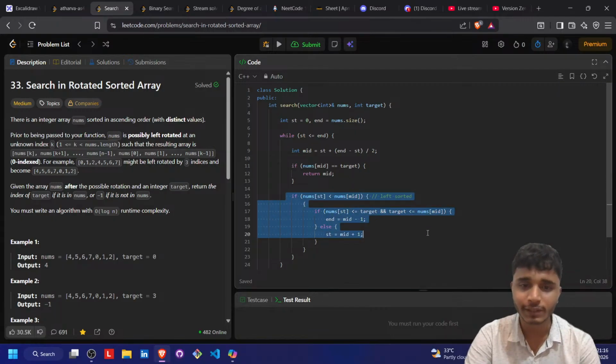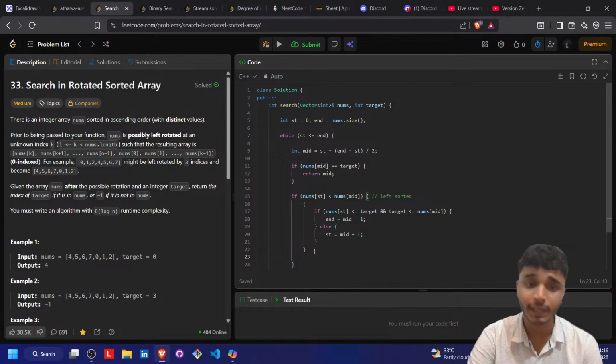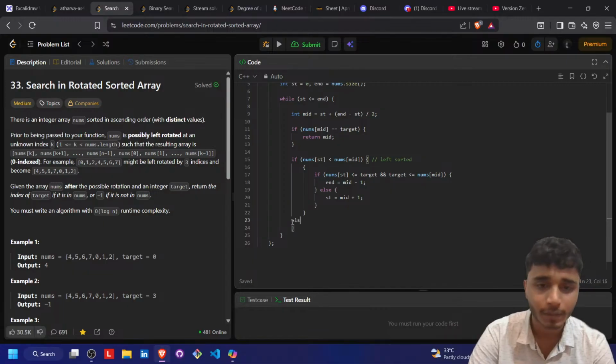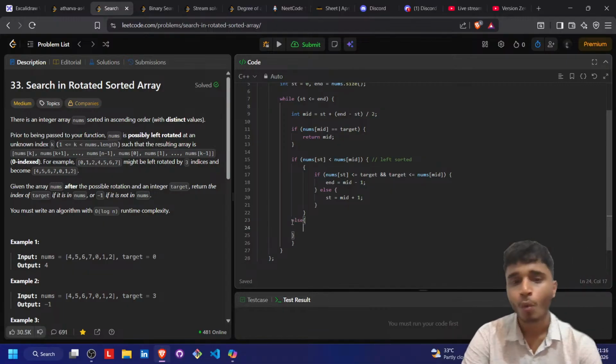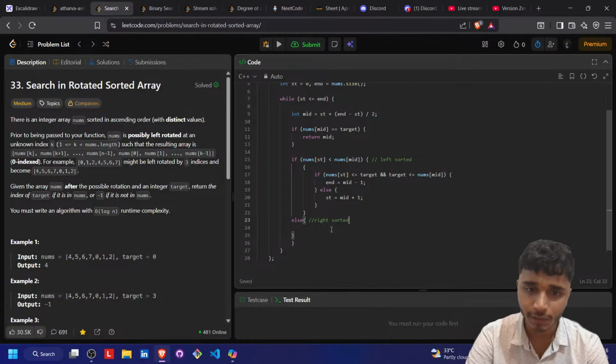Okay, so we check if this is true, and suppose this is not true, then what? Then there will be an else case of this outer if condition. That will be else the right side of the array is sorted. Then in that case,